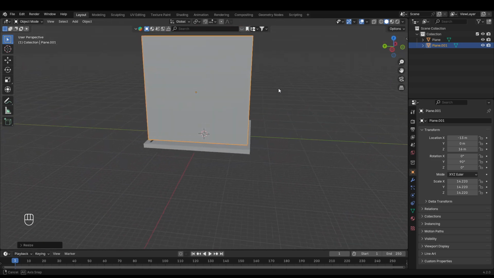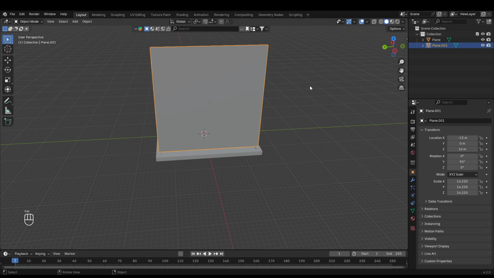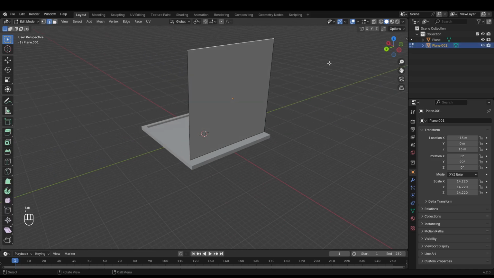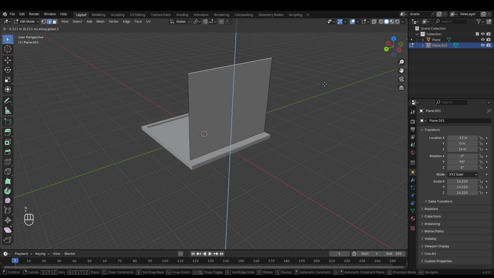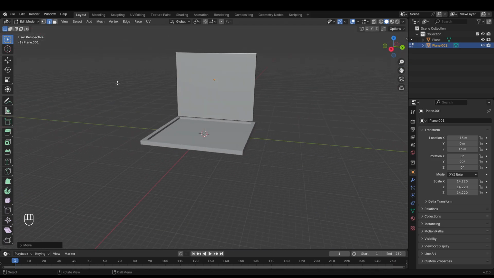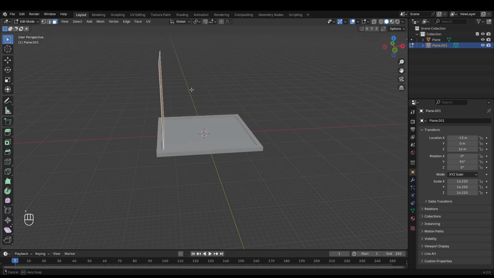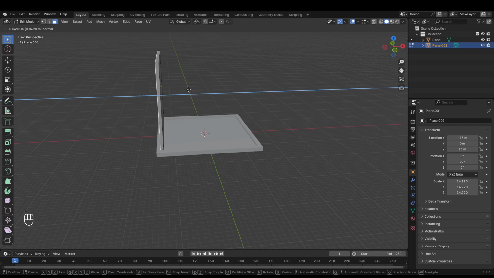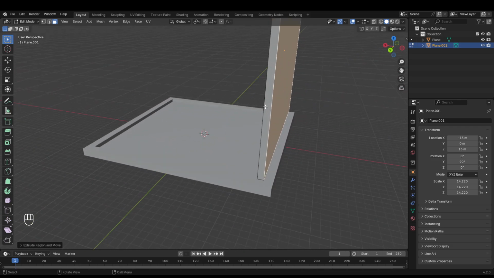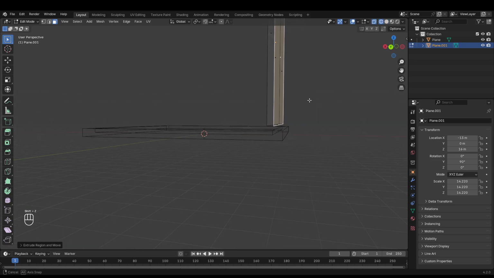There we go. And then we can go into edit mode, grab this, and then scale it down to like a facsimile of a wall or something like that. Then we can grab this, extrude it like that. There we go. We gotta figure out